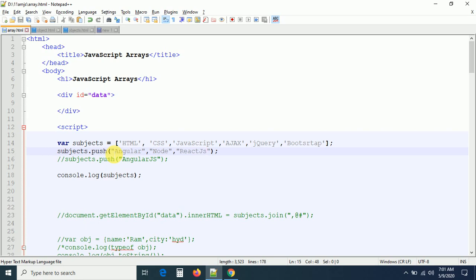And one more thing, we can add an array also. See, in this situation, I want to push an array. Array also contains multiple elements, right? So here, if you want, you can take an array here. So that array also we can add. Let us take something called Ext.js, and one more element I am just taking here, Go.js, something like this.